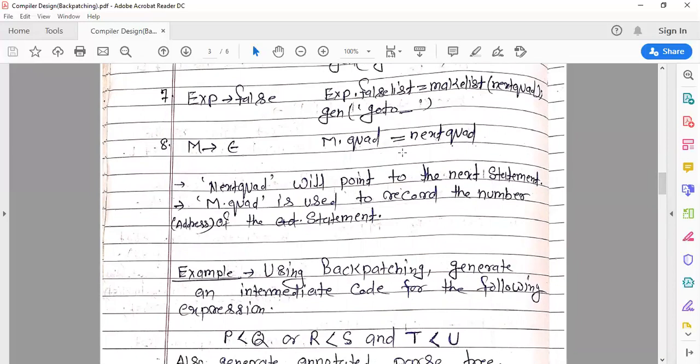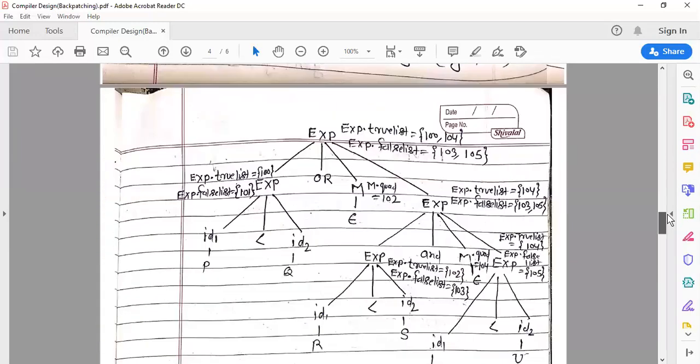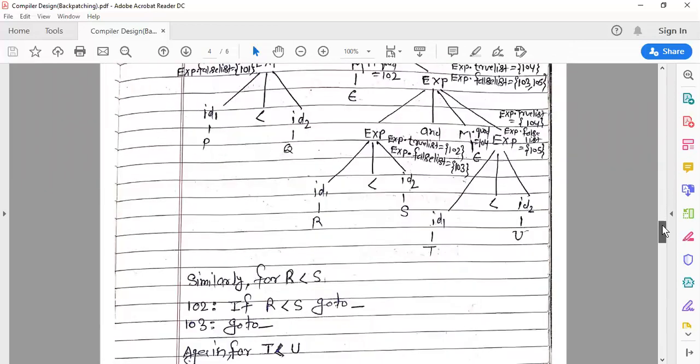So M.quad has 104 because the last quad was 103. So this address is 104, and currently the quad number is 104.